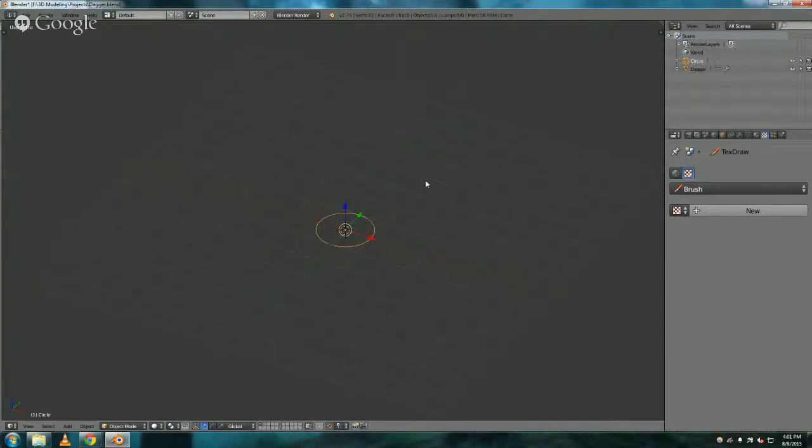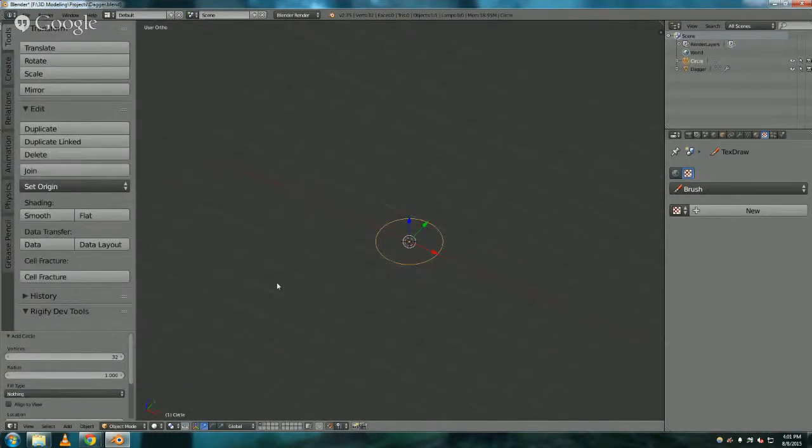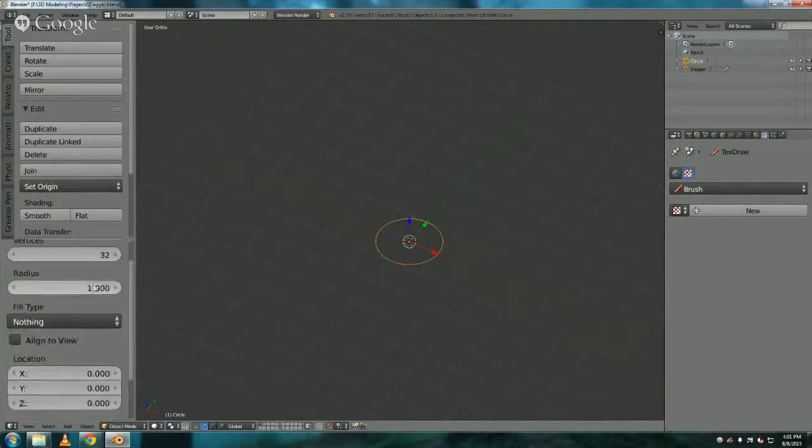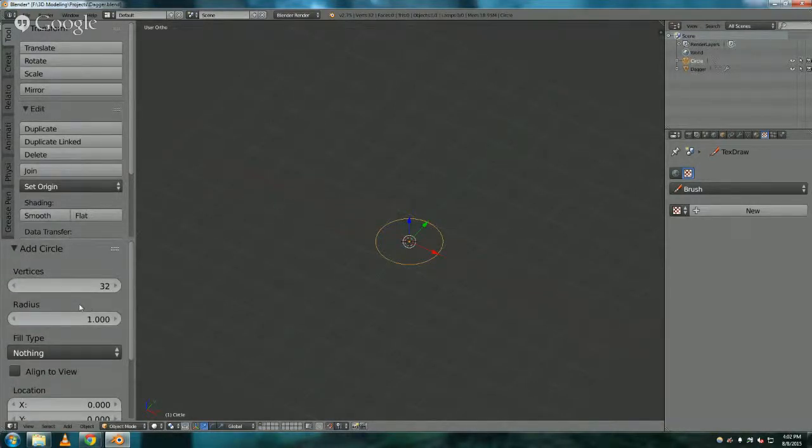So everybody should end up with an empty blank circle right here. Now before you click on anything else, if you don't see this, hit T to bring up your toolbar, and you'll notice right here I've got some options for adding a circle. If you don't see it, delete it and re-add the circle like we just showed, because immediately,